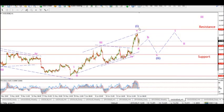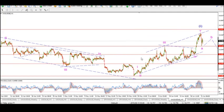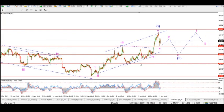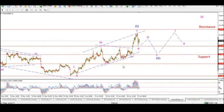Excuse me, I moved the wave count up by 1 degree today because the extent of the rally in the last couple of days has matched the previous. It's in proportion with the previous decline in wave in this in blue labels, so it's fitting, I think, to move it up by 1 degree. So we're looking at wave 1, 2, 3 correction triangle, wave 4